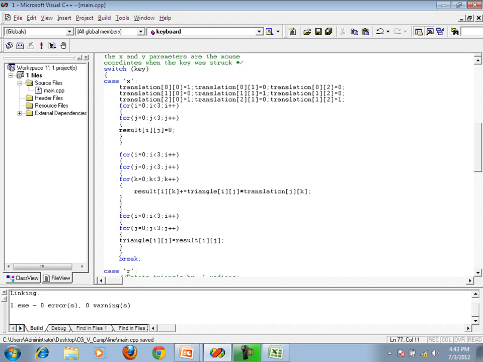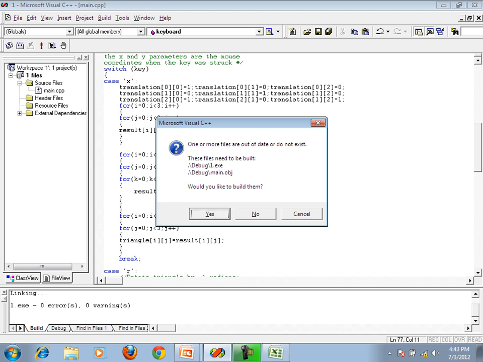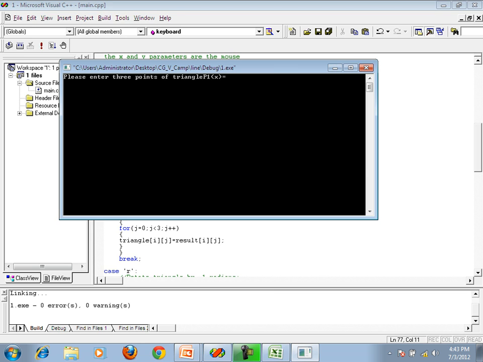Okay, just execute it first to check whether things are going right or not. So go to build, then go to execute, press yes, and you can find that it is asking for the point.